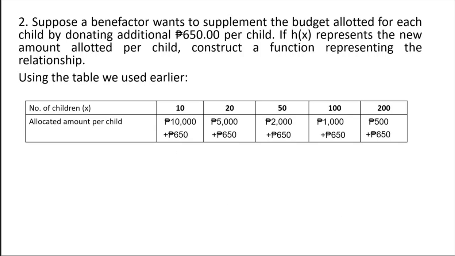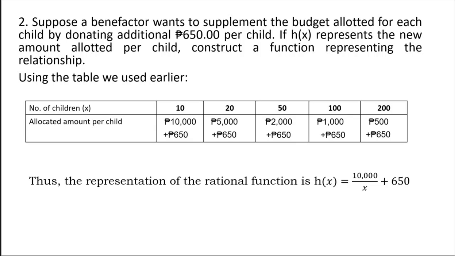Then what is our function? So the representation of the rational function is h of x is equal to 10,000 over x plus 650. Next,